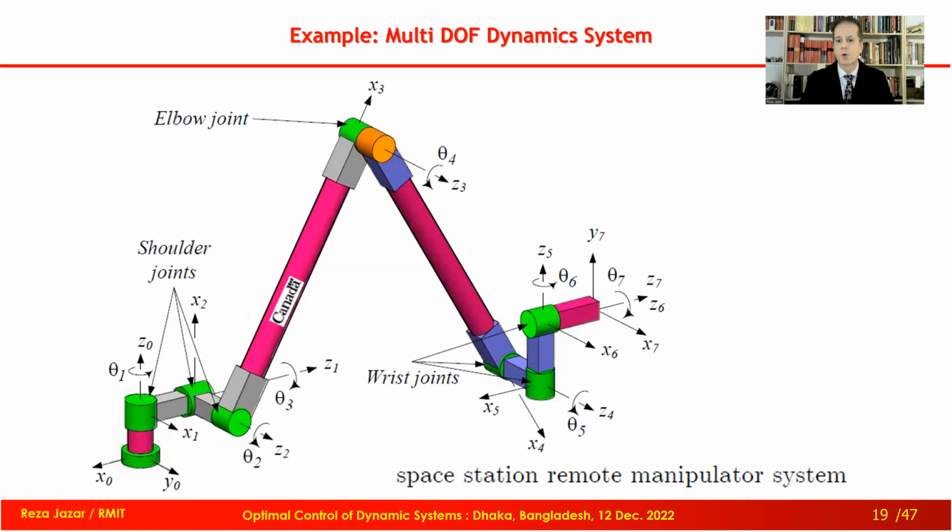I can talk about what is the advantage of having 1 extra degree of freedom and why we have that extra degree of freedom, which is out of the question. Anyway, my point is having a dynamic system which is multi-degree of freedom. How can we solve optimal control of such a system?